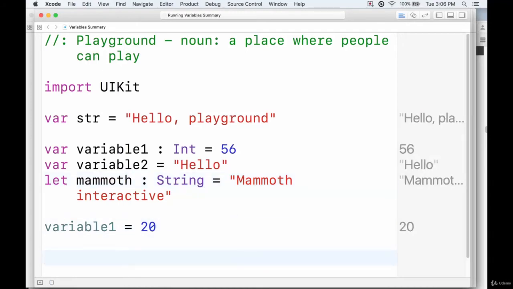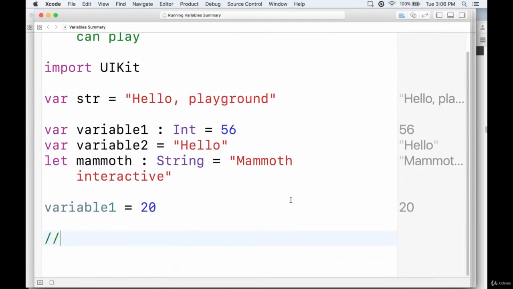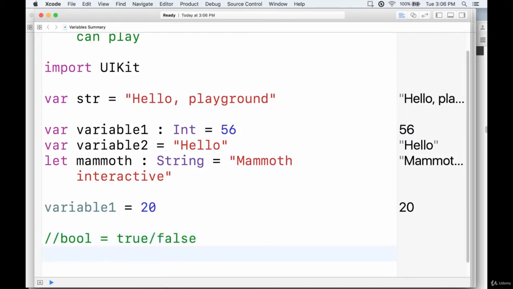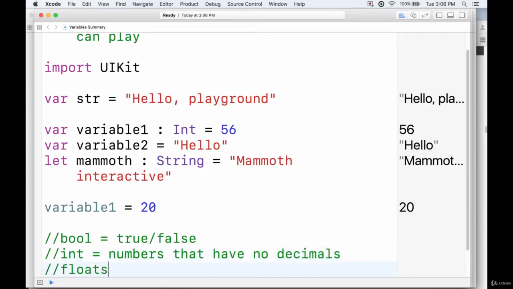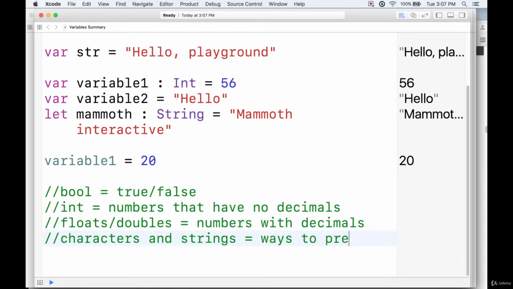Okay, so the types we looked at were booleans. These I'm just going to put in comments here. We looked at booleans, which are true or false. We looked at integers, which are basically numbers that have no decimal places. We looked at floats and doubles, which are numbers with decimals. We looked at characters and strings, which are basically ways to